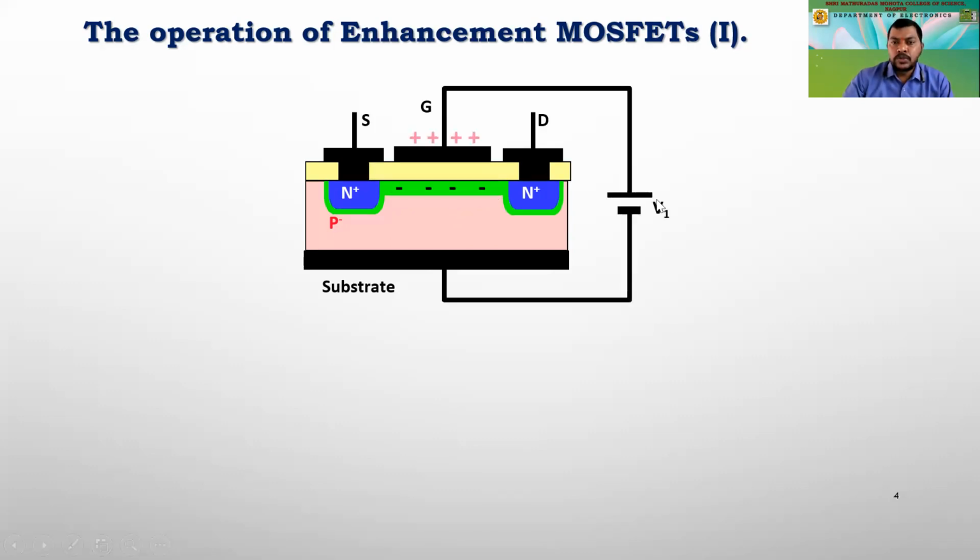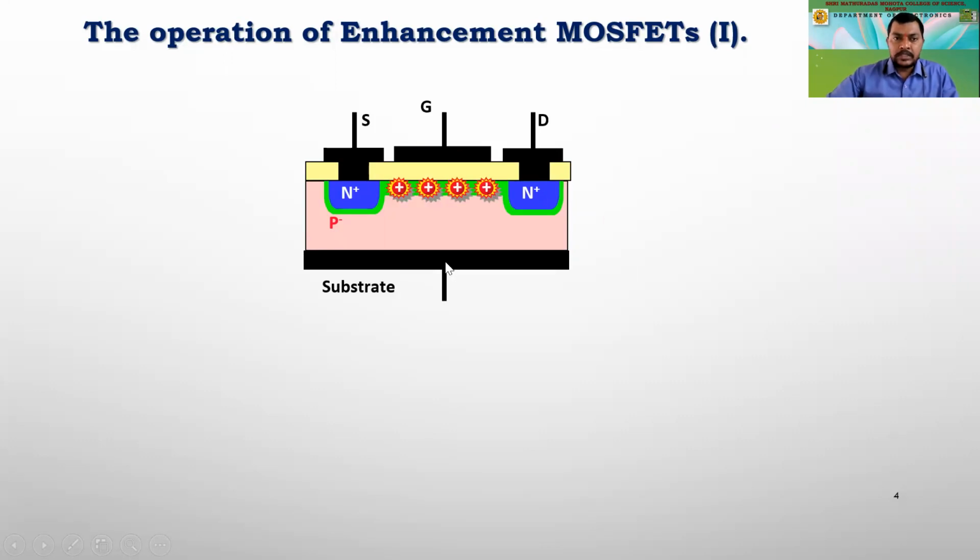Now, when we connect it like this, a positive terminal is connected to the gate, and the negative terminal is connected to the substrate. So if you are able to see, as we have connected the positive terminal of the battery, the positive charges are going to be stored on this metal surface. So we are having the positive charges being stored over here, and indirectly, since we have connected it to a negative terminal, negative electrons are going to be deposited on the other side of that. Sorry, so I guess you are able to see. I will just repeat this.